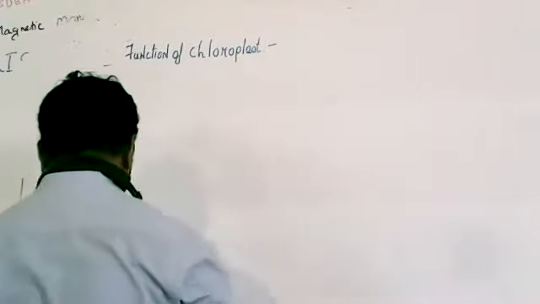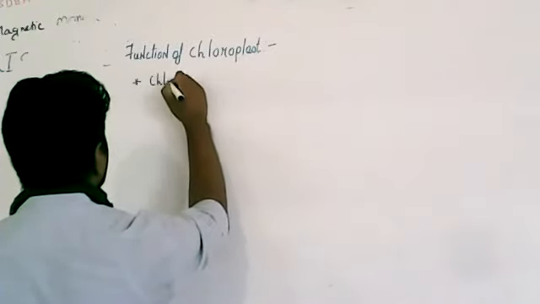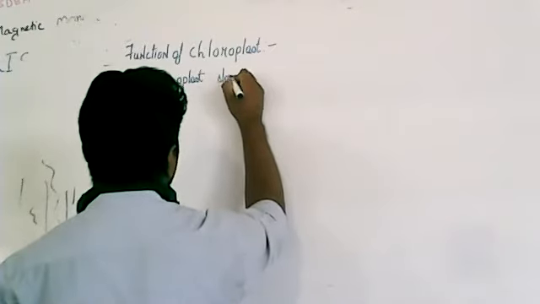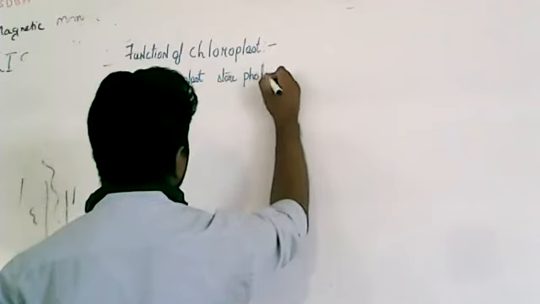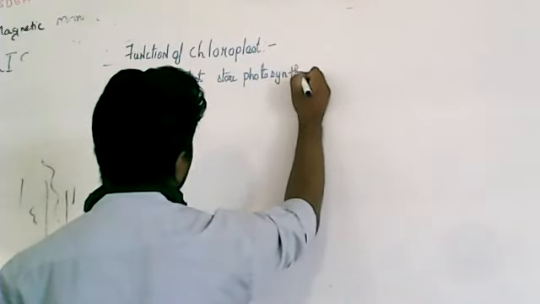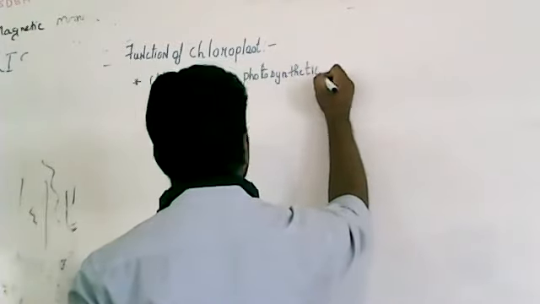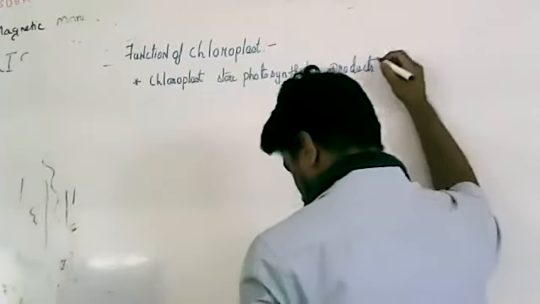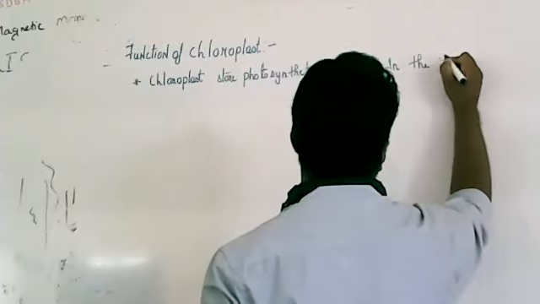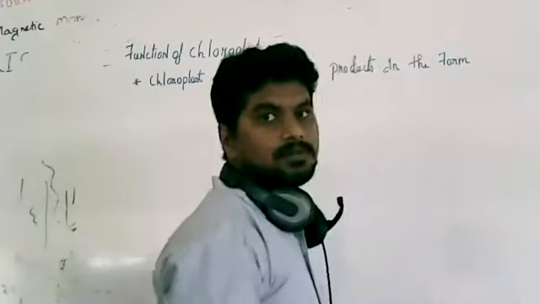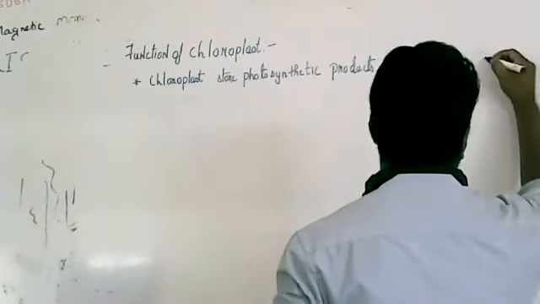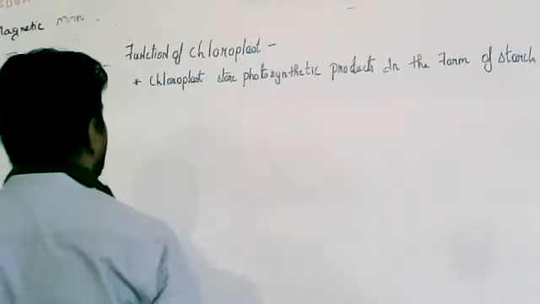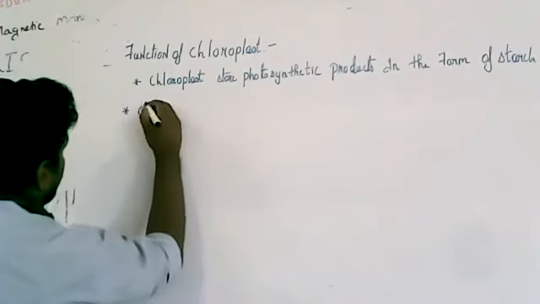So here the chloroplast store photosynthetic products in the form of starch. Okay. Next function, chloroplasts